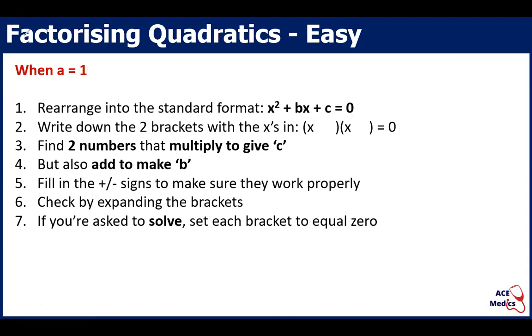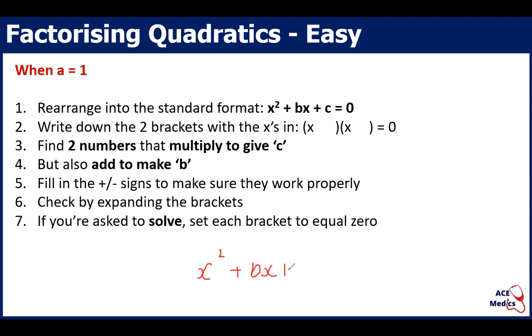So this is when a equals 1. Now our a is if there was a 1 in front of here. So when it's just x squared, it's not like 5x squared or 2x squared, it's just x squared. Now when we're working that out, we want to write down these two brackets like this, which I'm sure you've all seen before. Now we have x squared plus